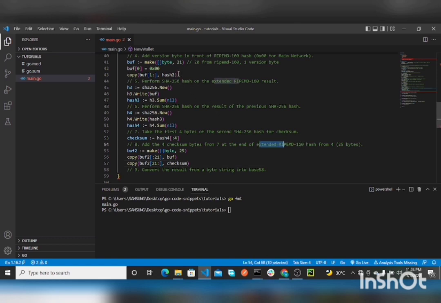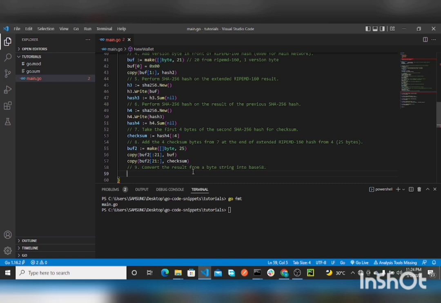And the RIPEMD 160 hash from 4 is actually 21. So this 21 comes first, which is basically what we're doing here. Then the 4 comes last. So this 4 here comes last. This is basically what we are doing here. So that is it. Then the next one, which is the last step, just simply says convert the result from